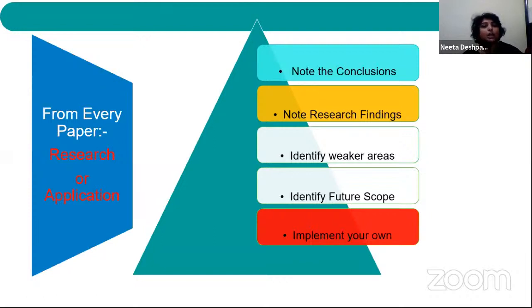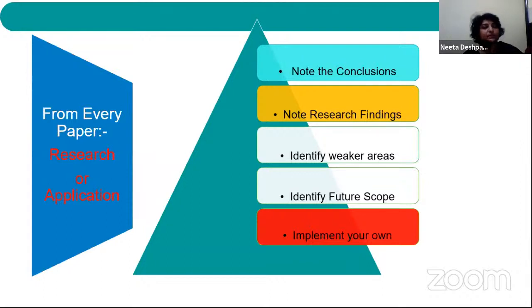Some constraints of the algorithm. Those constraints are the weaker areas. So if we pick up those constraints, or the future scope, that can become your own project, your own research finding, and your own paper, which will come ahead. So then you start implementing your own, depending on the findings of the paper.